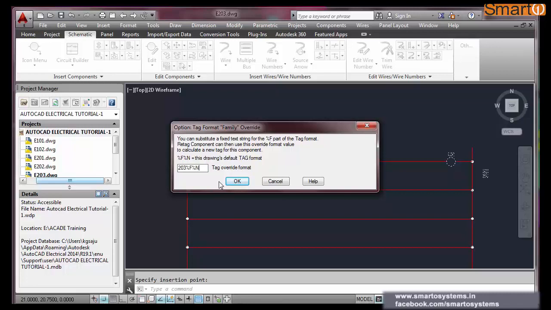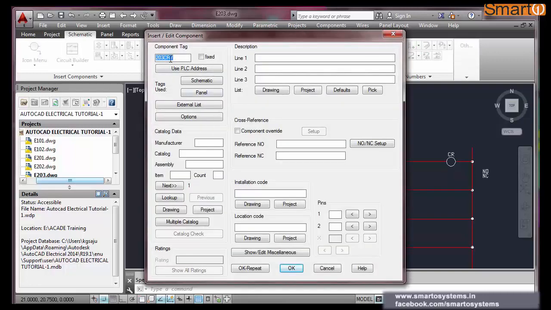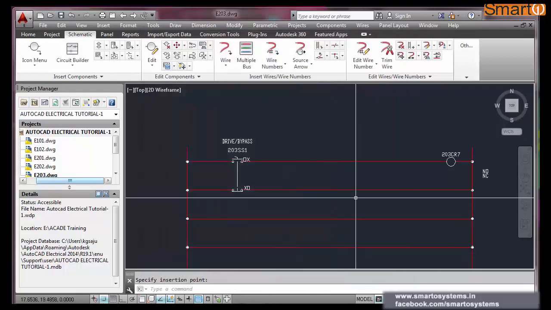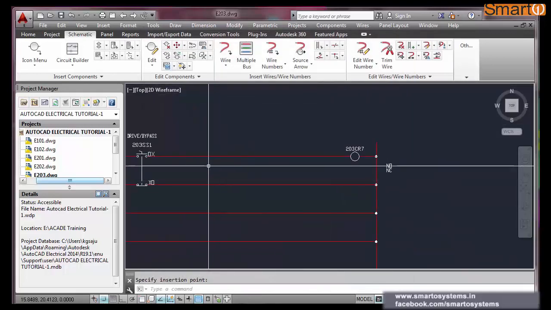That is the tag format. Okay, now OK. CR7. I want to put it at CR1, or let it be CR7 only. Fine.